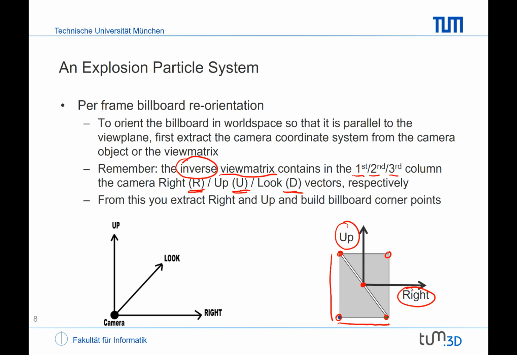And this then gives us an orientation of that quadrilateral, so that the billboard is parallel to the current view plane, to the current RU plane, right up plane. And this is exactly what we want to have. So keep in mind, and if you do not immediately understand it from what is given here on that slide,